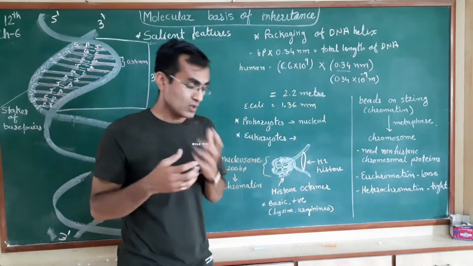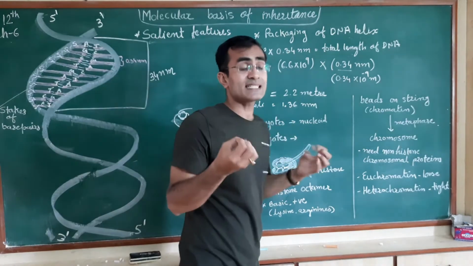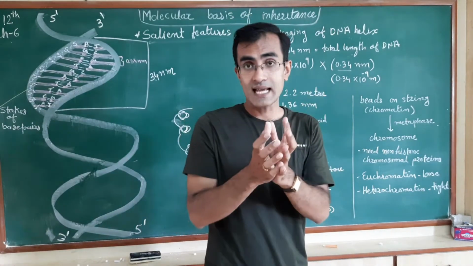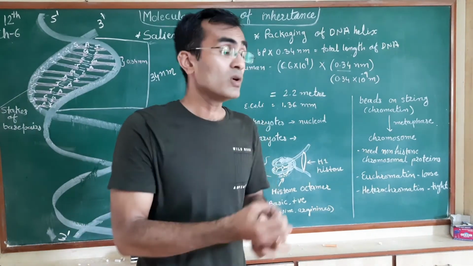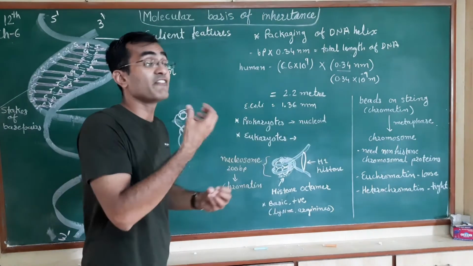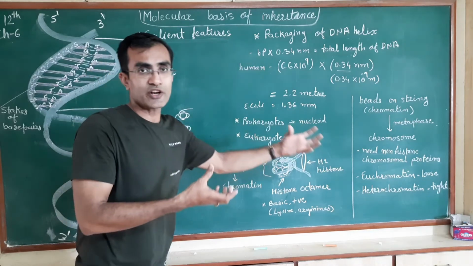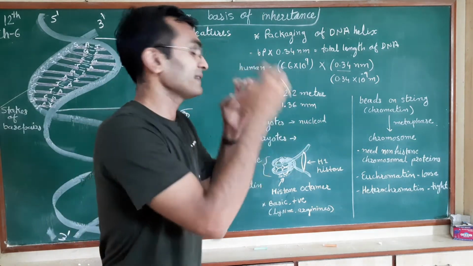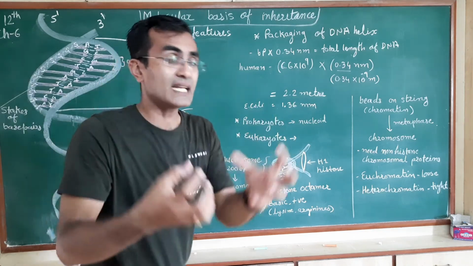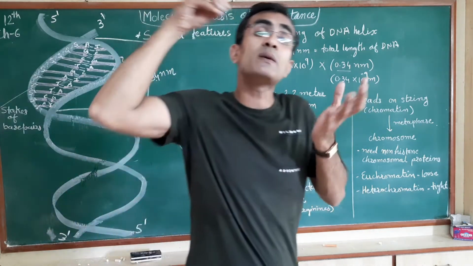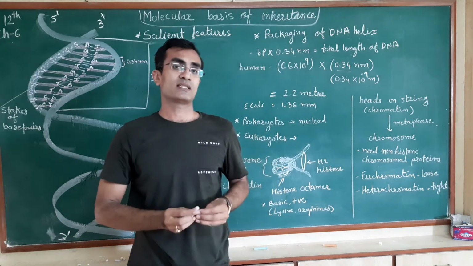Now, as you know, again eukaryotic cells are smaller in size. Not only that, they have the nucleus in them. So it is a very difficult task for the eukaryotic cell to fit the DNA into that nucleus. Whatever the DNA content is, it needs to be packed into the small size of the cell.